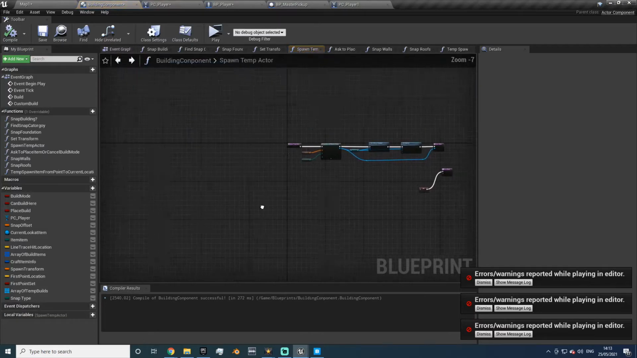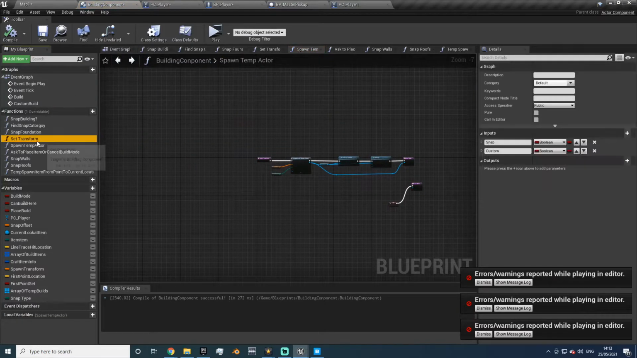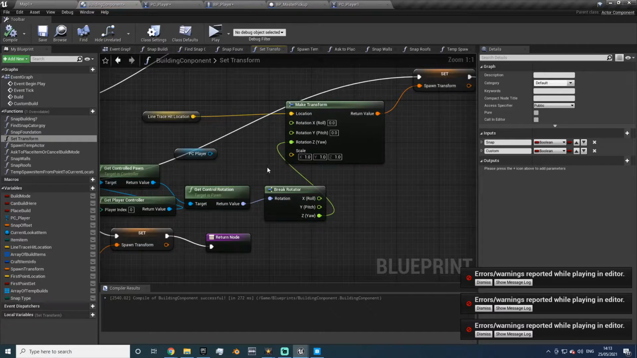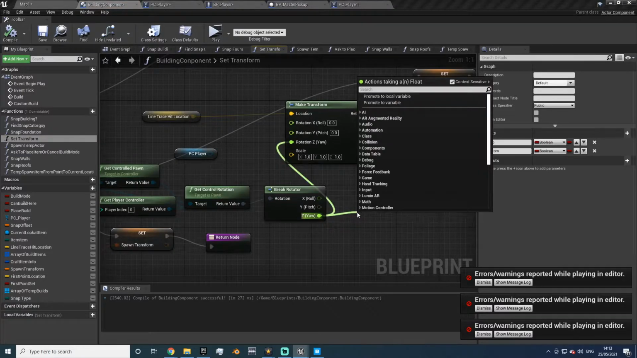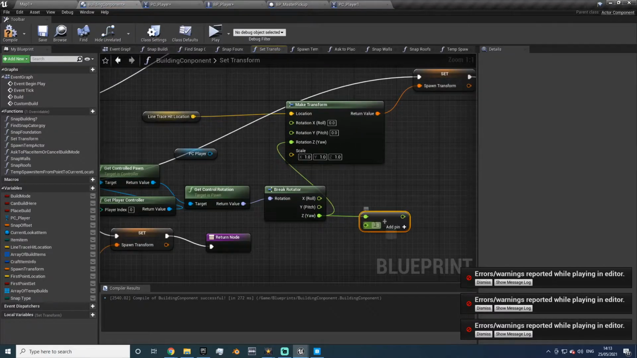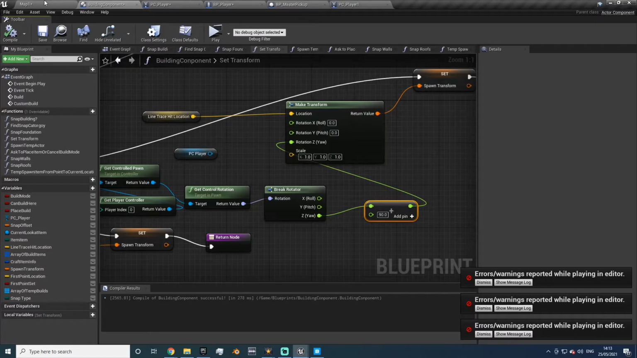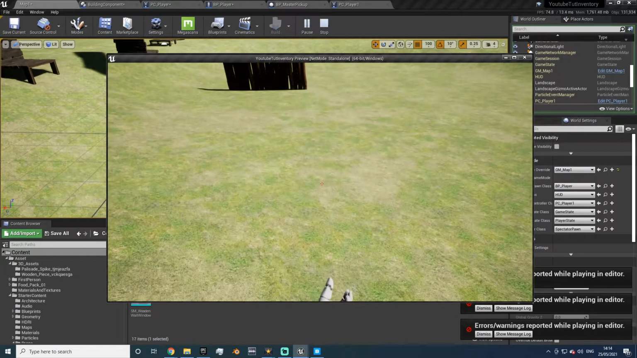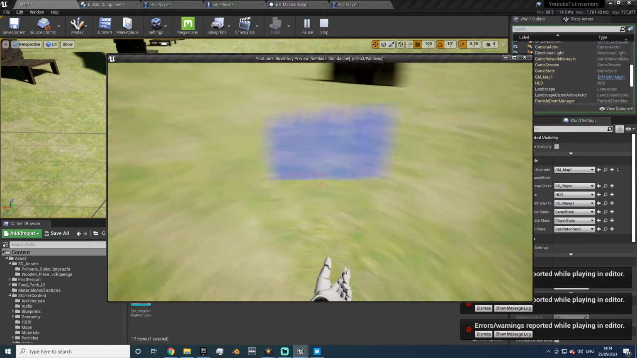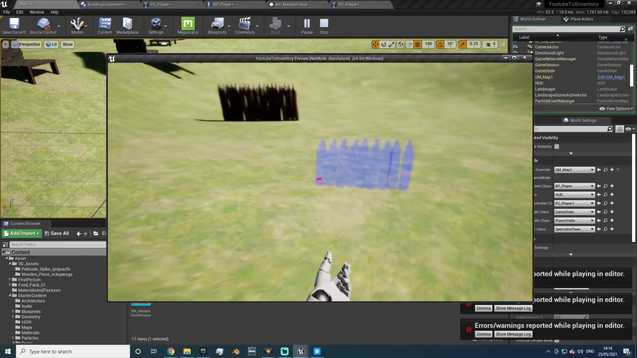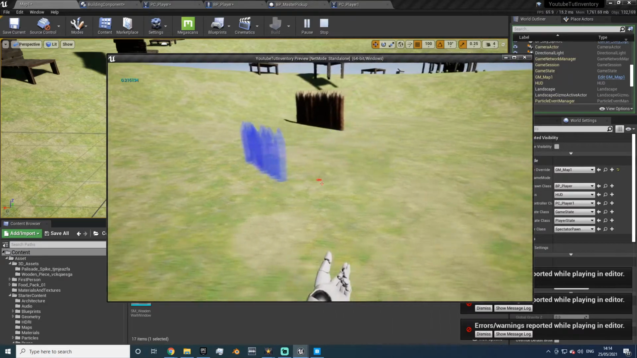So that looks better. So in your set transform, let's just add float by float and stick 90 degrees into that. And then, oops, plug this into here. Compile, save, hit play. Now you've got this, okay, which is rotating with you. So now if we hit left mouse button,